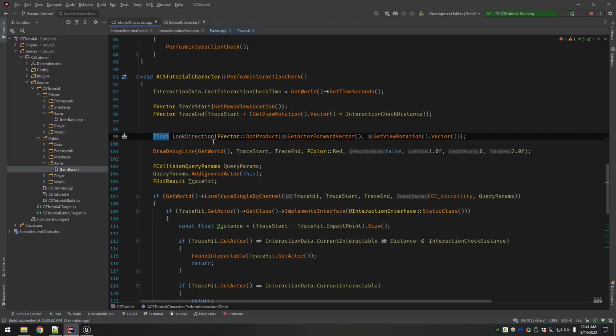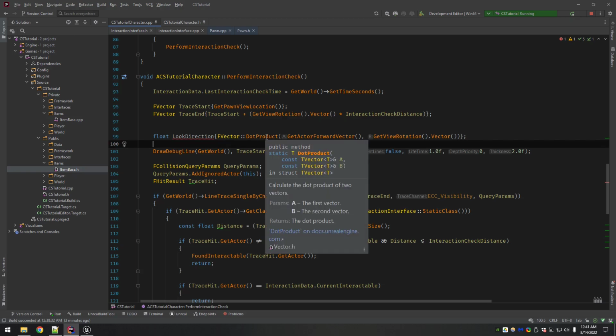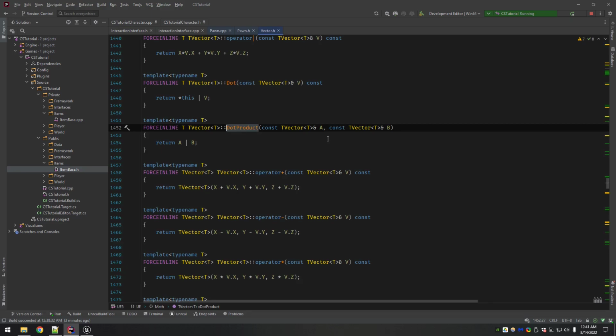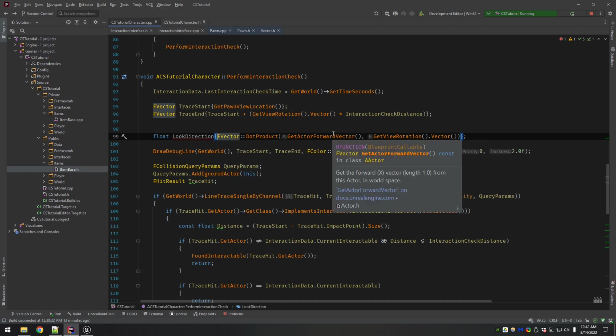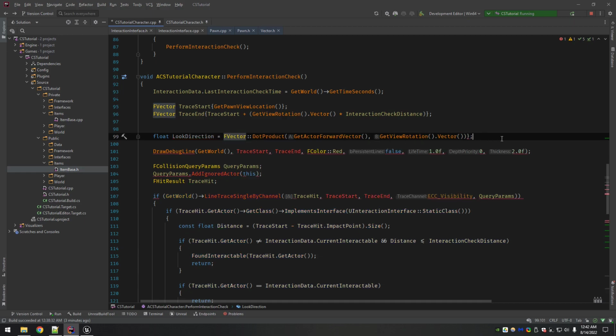Interesting. This is what I was talking about with the brackets here, right? It's going to force a type. It must be something to do with the way dot product is calculating. It says it returns a template, but it thinks it's getting a double, and so it's mad here. It's like, hey, you're trying to initialize this float with a double. So good, I'm glad this happened, so I can show what I was talking about earlier. All right, it's not a huge deal. I just try to use the vectors when I can, but it's fine.